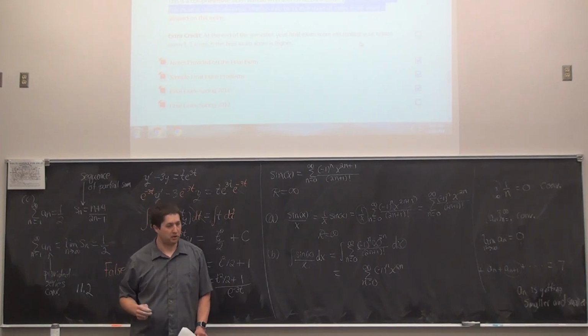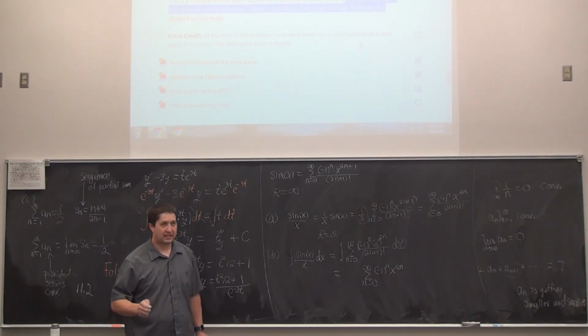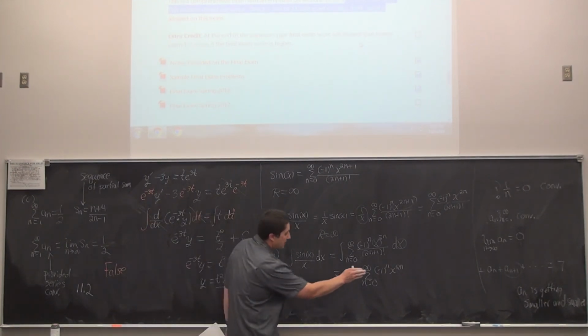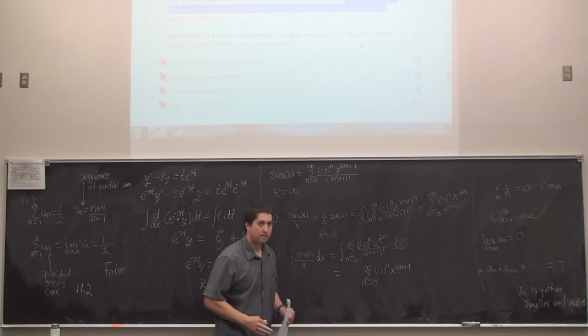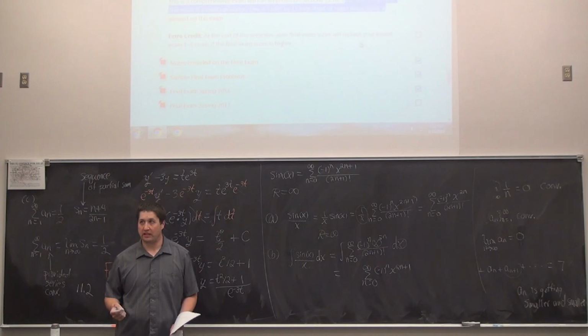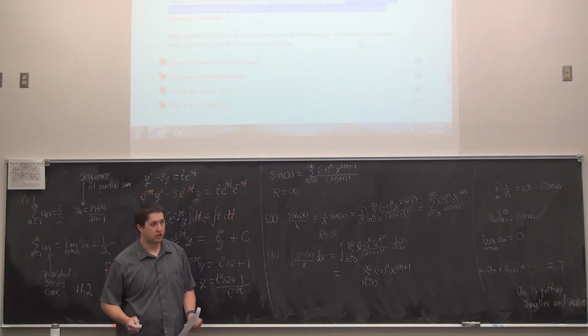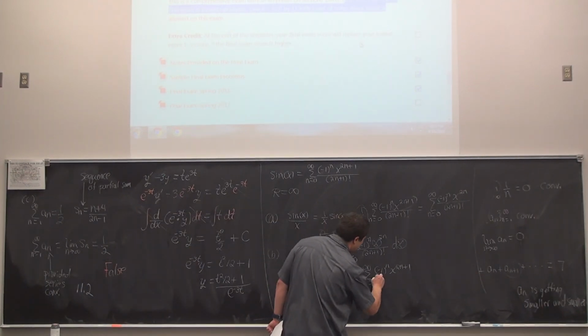Do we go up or down in this problem? Correct, we go up by 1. We're not replacing n with n plus 1. We're just simply adding a 1. We would replace n with n plus 1 if we did in fact use, say, the ratio test.